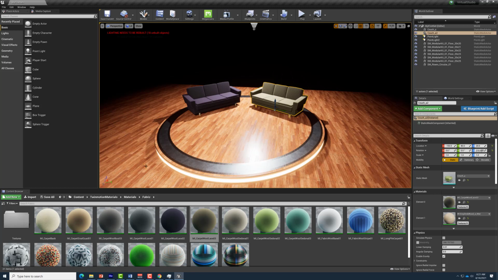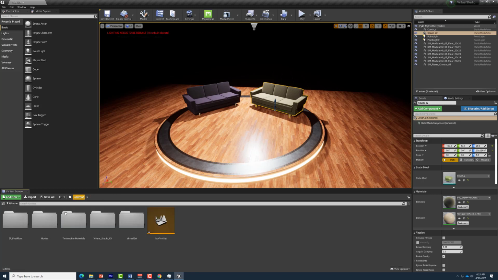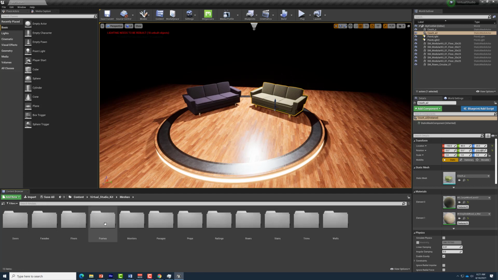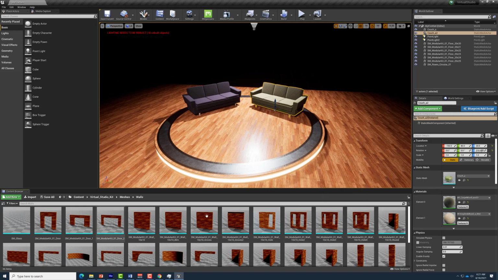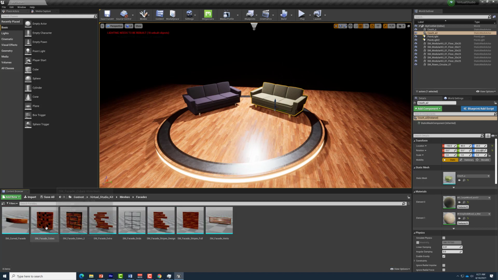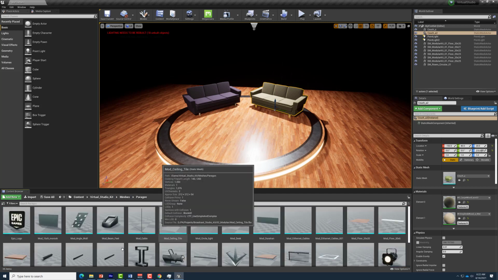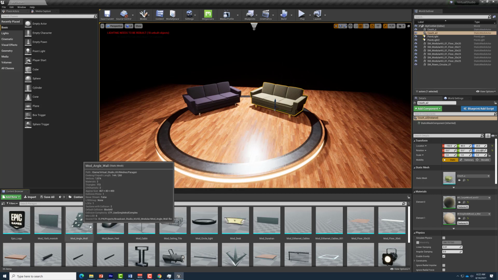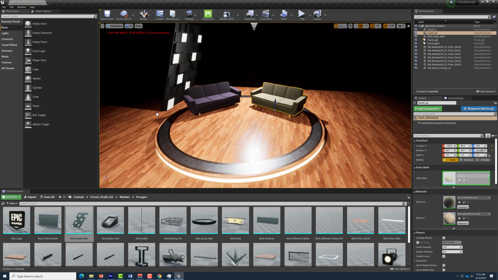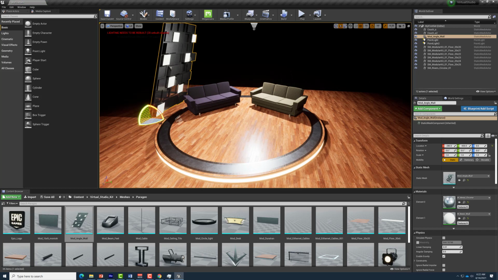Now we might want to add some more things, such as walls and such. So I can go back to Content and the Virtual Studio Kit, Meshes, and there are a variety of walls to choose from. Double click on walls, and most of these are going to be fairly flat. There are some other meshes to look at under Meshes. You can take a look at facades, and here is some more interesting walls with a little bit of detail in them, in their geometry. Another note is that under Meshes and Paragon, there are some specialty items. So for example, this angled wall. So I could bring up this angled wall, E, rotate it,